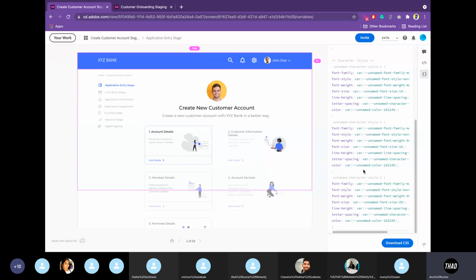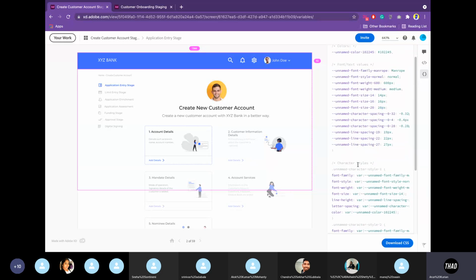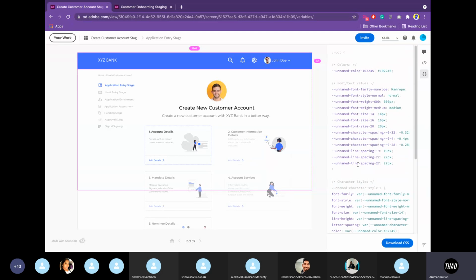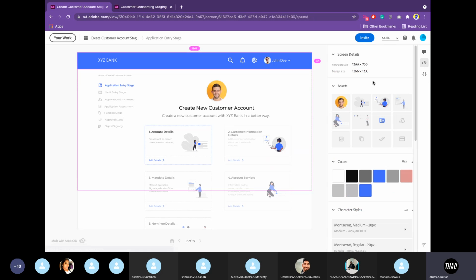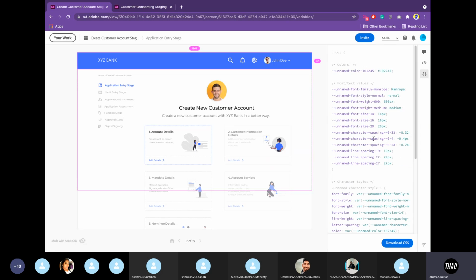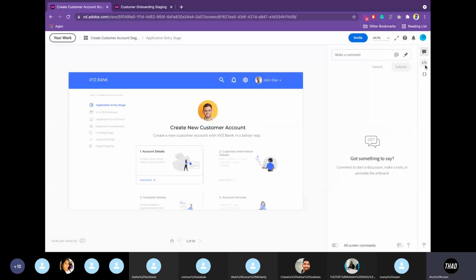Then you'll be able to get a hold of some more CSS properties. It is still the same, but here it is represented in a different way. Here it is again represented in a different way. So if you want, you can use this also. So that's how you can access all these things.